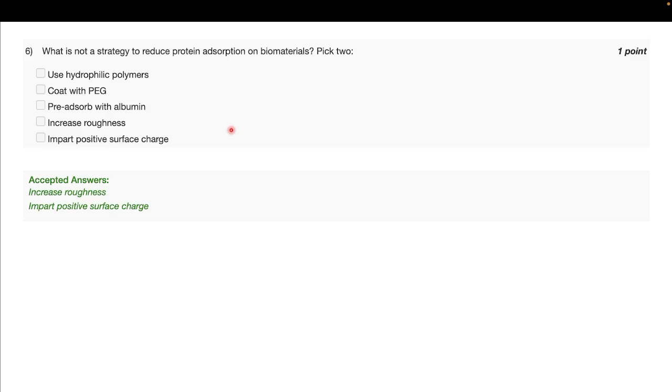In that case, very few proteins will try attaching to your hydrophilic polymers. So one strategy is to use hydrophilic polymers, or you can coat with